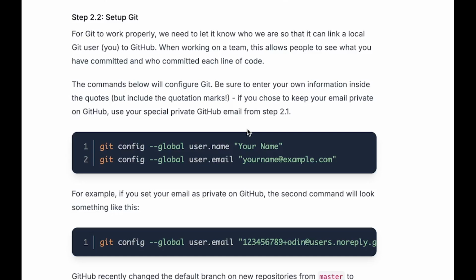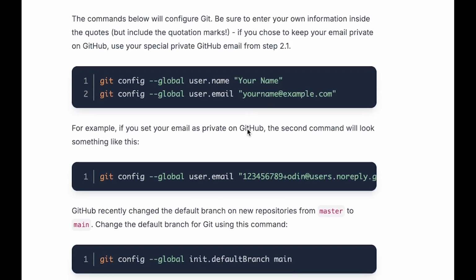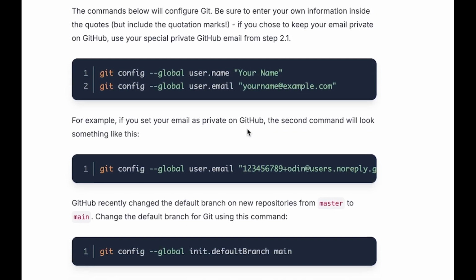If you chose to keep your email private on GitHub, use your special private GitHub email from step 2.1. git config --global user.name "Your Name", git config --global user.email "your_name@example.com". Copy. For example, if you set your email as private on GitHub, the second command will look something like this: